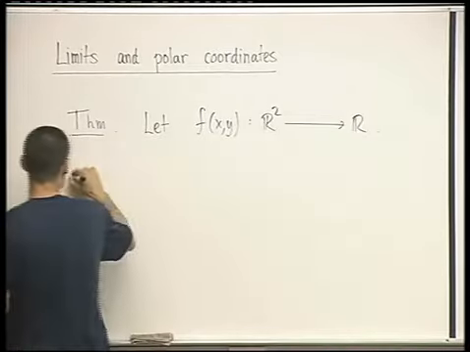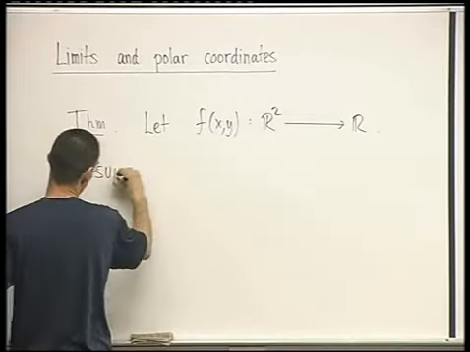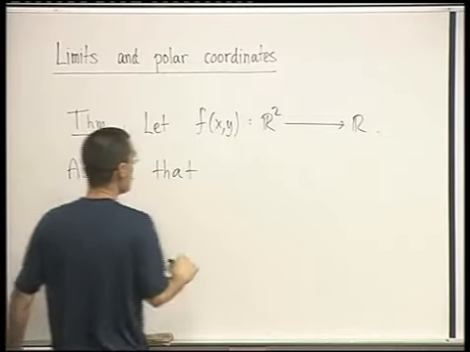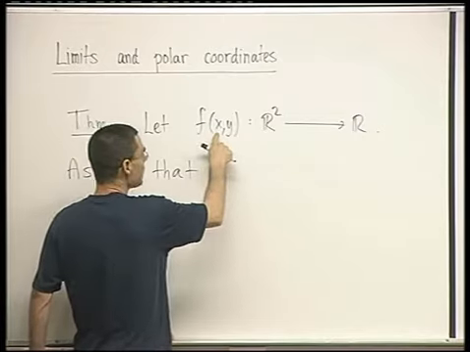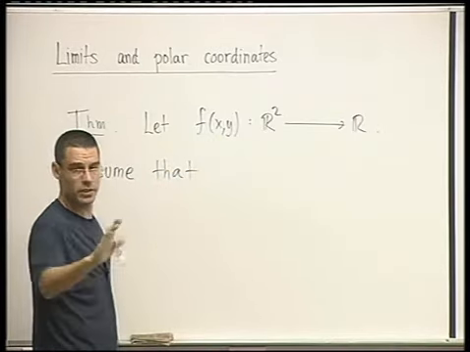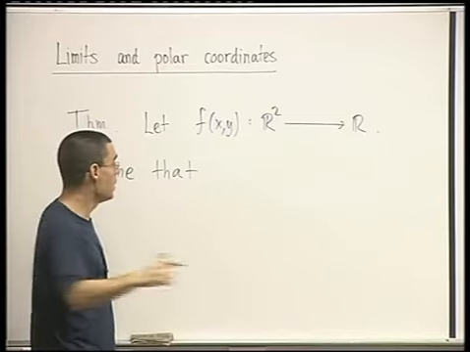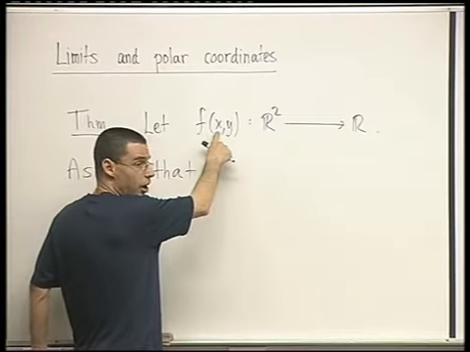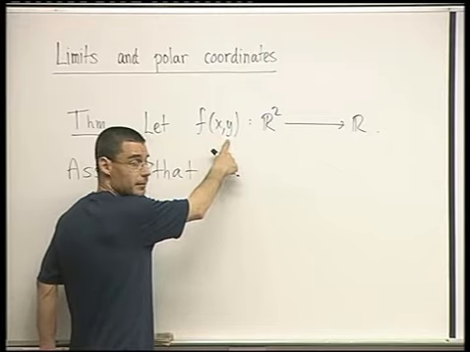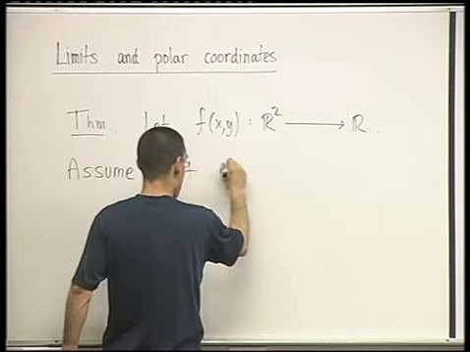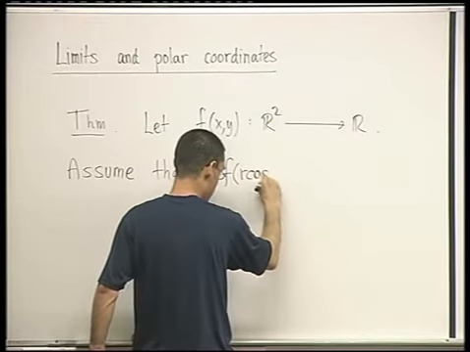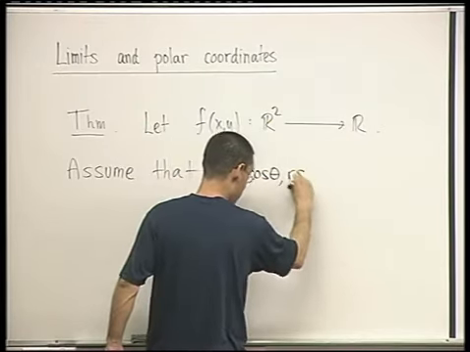And we're going to assume, here's the assumption, that when we convert to polar coordinates, just like you do in complex numbers, does everybody know what I'm talking about? Okay, so I'm going to replace x with r cosine of theta and y with r sine of theta. So when we write f in terms of r cosine of theta and r sine of theta,